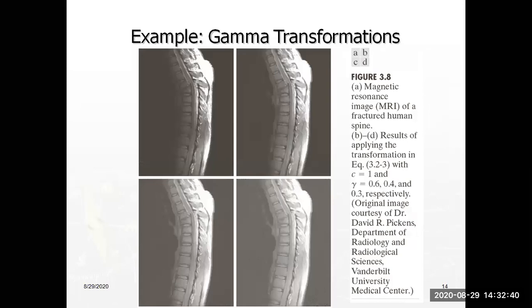This is another example, an MRI scan, or magnetic resonance image, of a fractured human spine. This is the spine of a particular human. If it is fractured, and if you want to observe it,